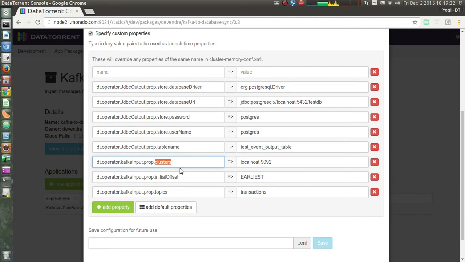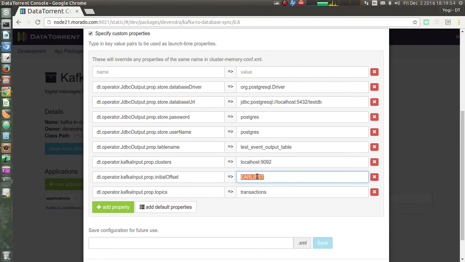We need to give a comma separated list of brokers. Then we need to give what all topics we want to read from, and the initial offset. It can be earliest or latest.